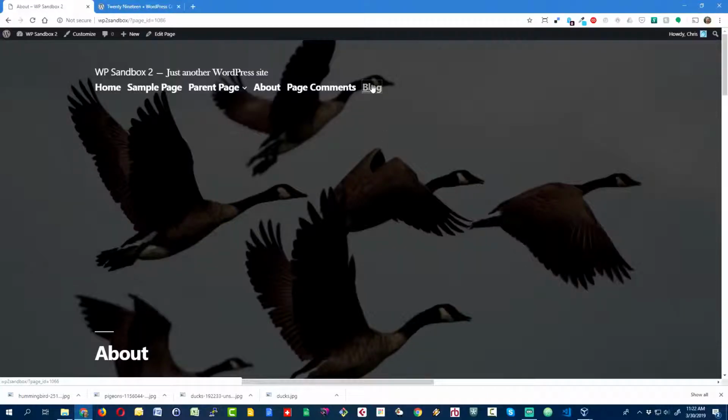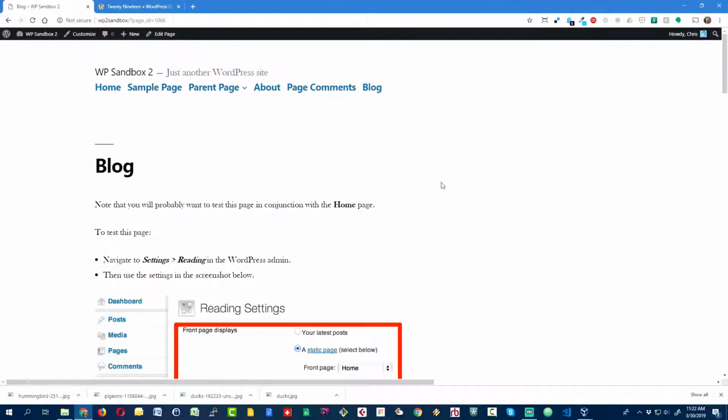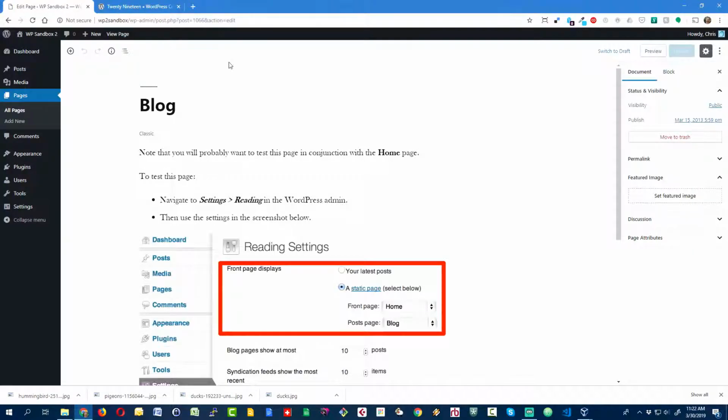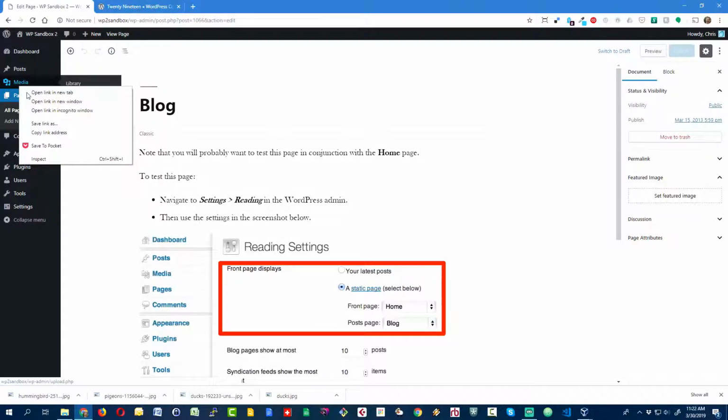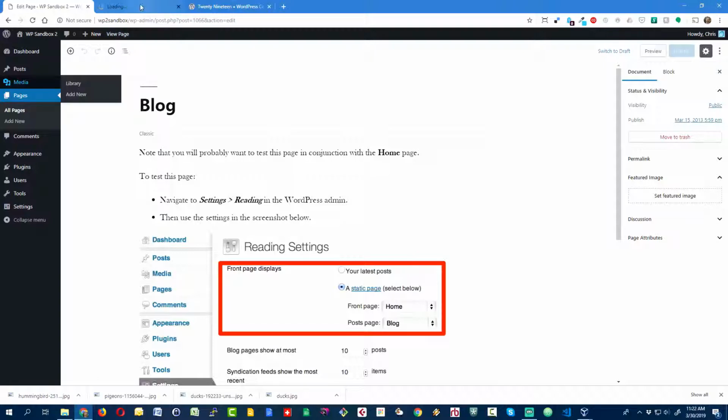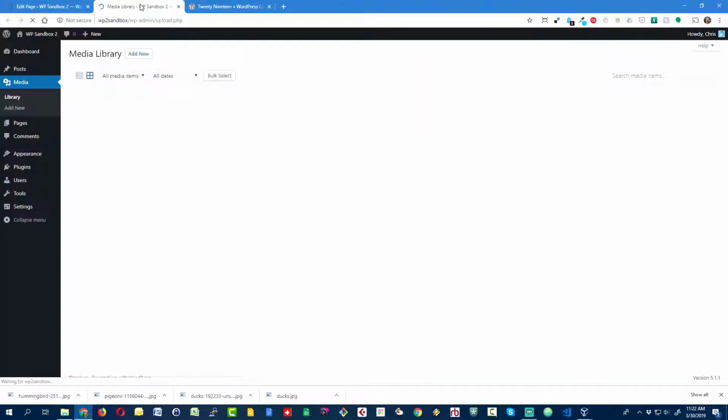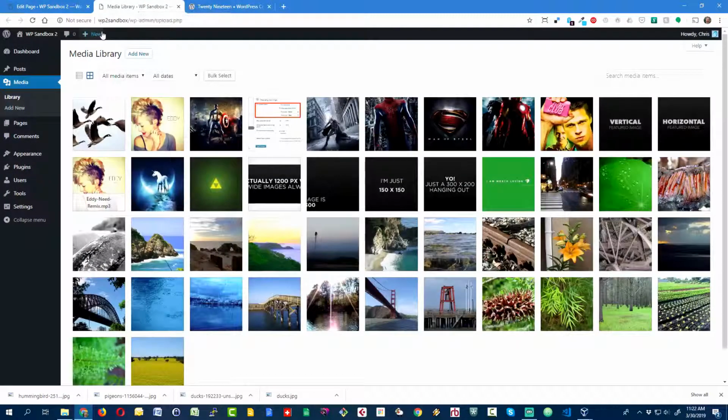Let's try another one this time. Let's go to blog. And for the blog page, I'm going to click Edit Page. And I'm going to set the featured image again. Instead of doing this, let's just open up a new media page. I'm going to open this in a new tab. And in this tab, I'm going to add a new,